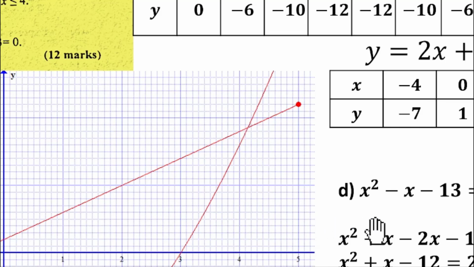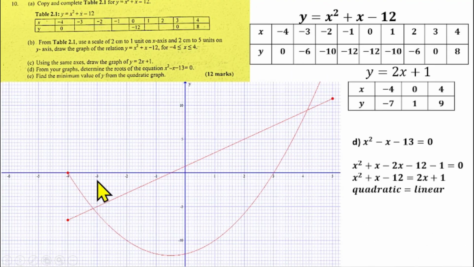So our s is either minus 1.3 or 4.1. So the value of s is minus 1.3 or 4.1. So that's the solution for question number 10D. Then question number